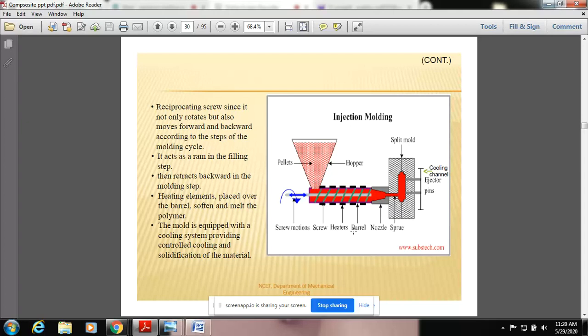The size of the barrel depends completely on the composite, the cavity, or the shape and size of the composite material we require. Again, the nozzle is also one of the major parameters. If this cavity has to be filled completely with a complete amount, that has to be maintained by the nozzle, which uses velocity to completely fill the cavity. That's all about the working principle and process parameters of injection molding.